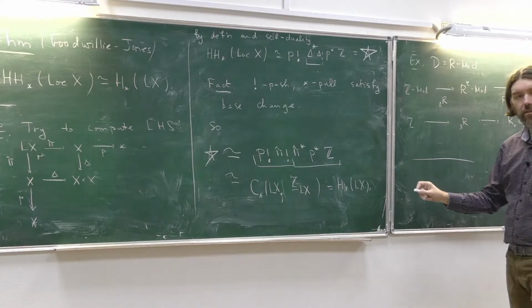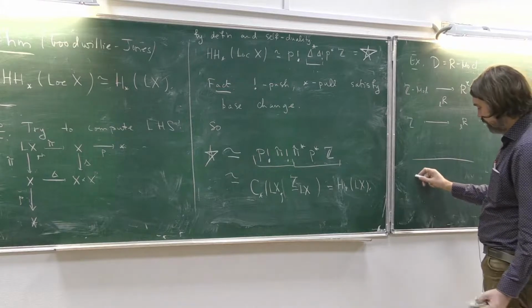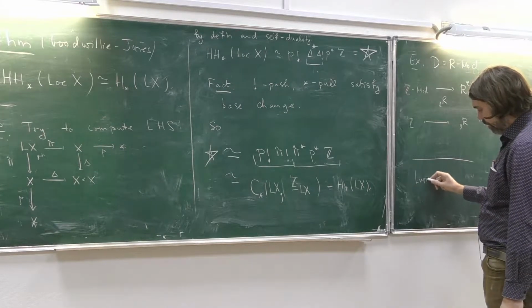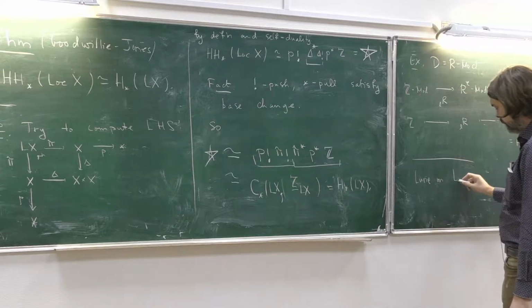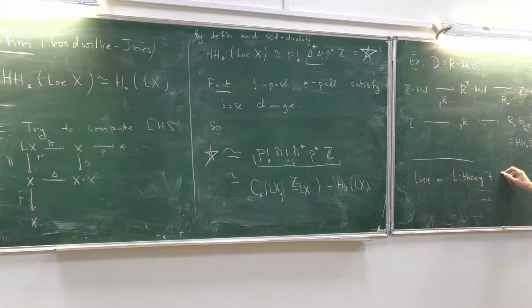Oh, you know what's easier to read than Lurie's books? His lecture notes. There's a course of Lurie on, I think, L-theory in surgery. There's stuff in there about local systems and constructible sheaves, and it has most of this formalism in it, including probably the base change formula. If not, the base change formula is in Lurie's paper on rational homotopy theory.